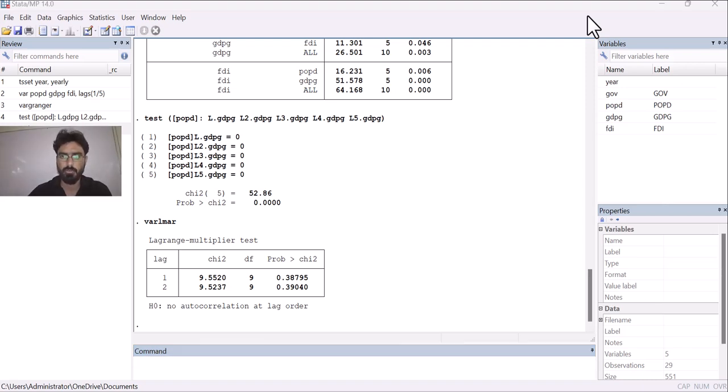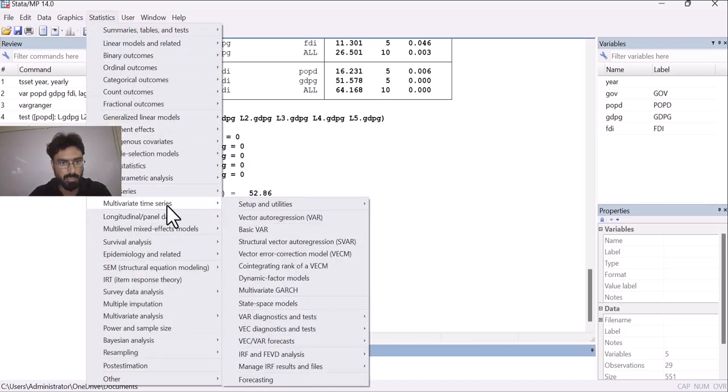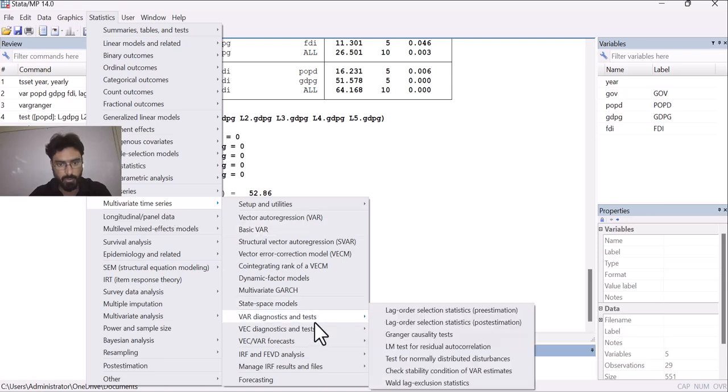So now we see whether residuals are normally distributed or not. For this, go to statistics, then go to multivariate time series, then go to VAR diagnostics and test, then go to test for normally distributed disturbances.